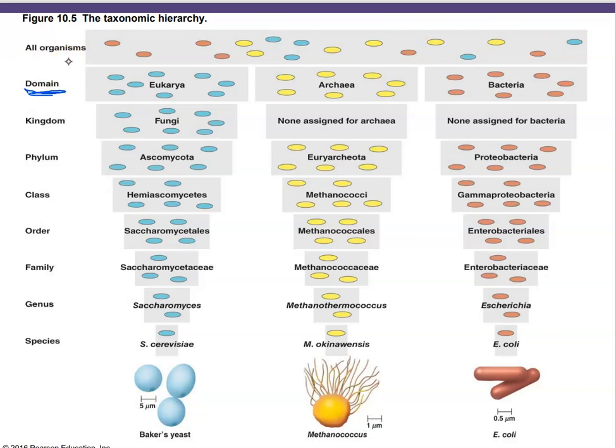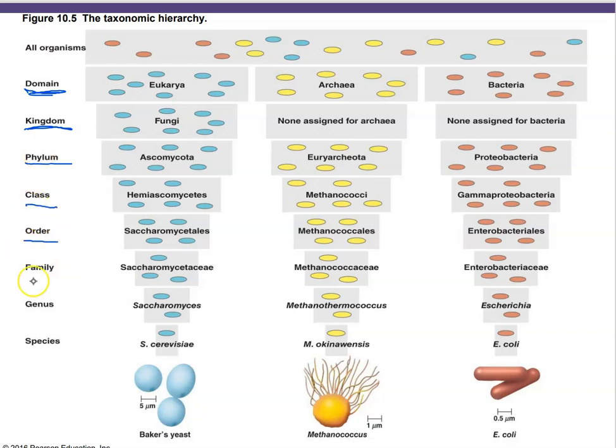Next, more specific, is the kingdom. The eukaryotes in particular have the 4 kingdoms that fall into this category, which are the protista, the plants, the animals, and the fungi. So here we have an example of a fungus. That would be the kingdom of the fungi. Then we have the phylum next. That's the next more specific grouping. And here we're looking at an Ascomycota, and then we're just going further and further down here.